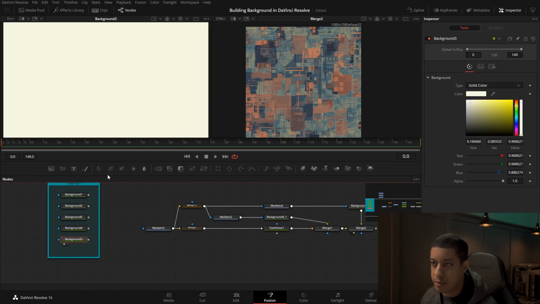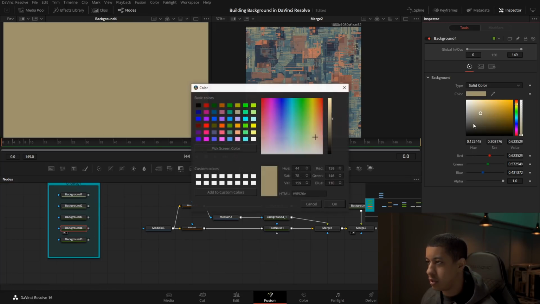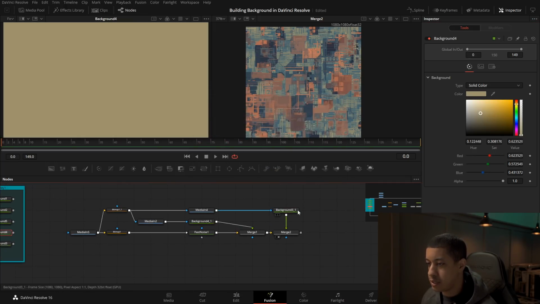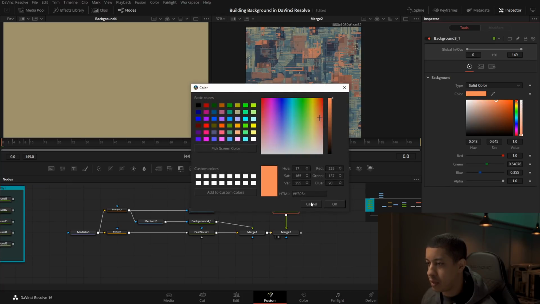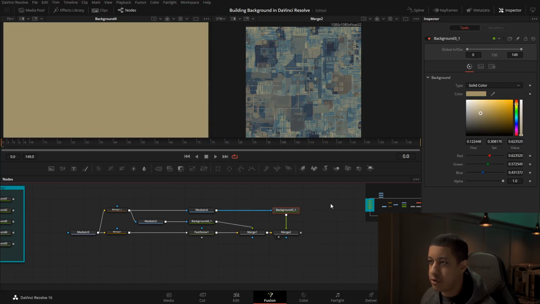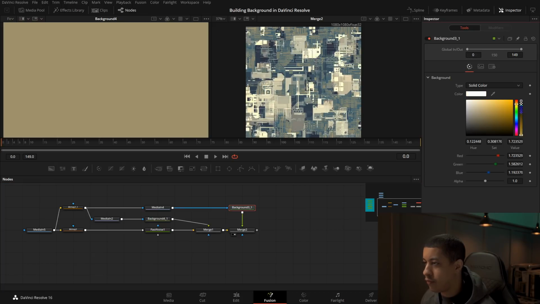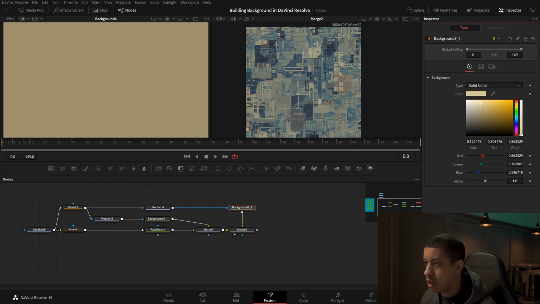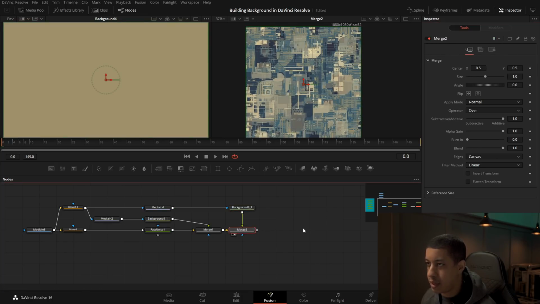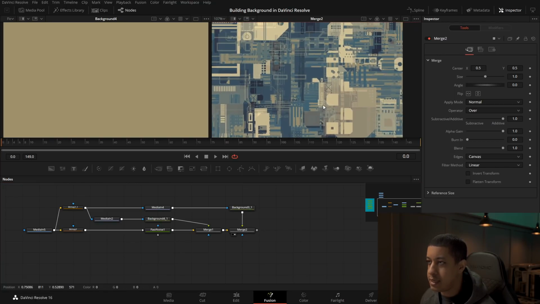So we might need to come back over to some of our colors here and maybe use this one instead. I never use the eyedropper. And then we might be able to go value to make it brighter. Oh, geez. To make it just a little bit brighter. And what are we on here with the opacity? So there we go. Now we really have a detailed mishmash of things.